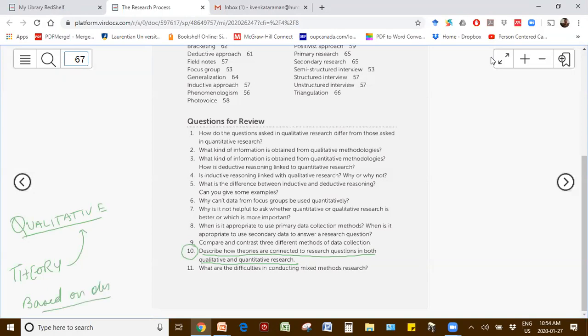So whenever you get a question which is as vague as this, help yourselves out by suggesting an example. The example does not have to be spot on, but think about an example. So for example, if you're collecting qualitative information on, let's say, the role of family in enrollment at LU.